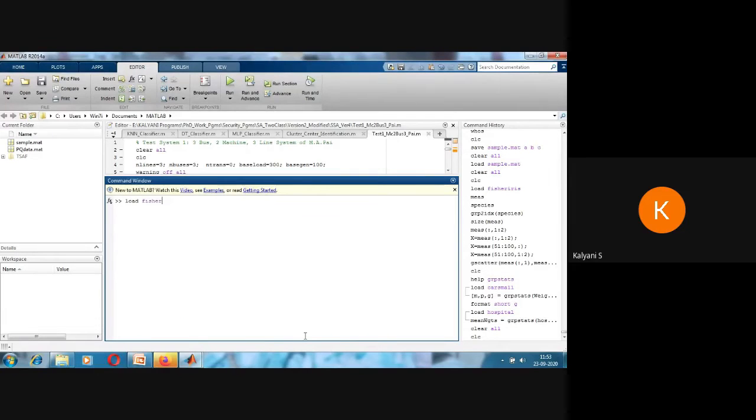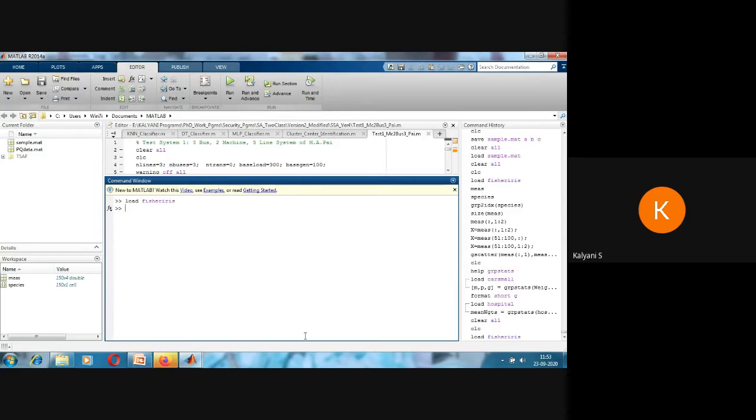Now once again I will load the Fisher Iris. Before applying the KNN, we are going to apply classify one by one. We have to split the entire data set into training and testing data sets. So here how many samples are there? 150. When referring to the literature, it is normal practice to have 75% to 85% of the samples in training and the remaining 25% or 20% in testing. This is the worldwide statistic which is followed.